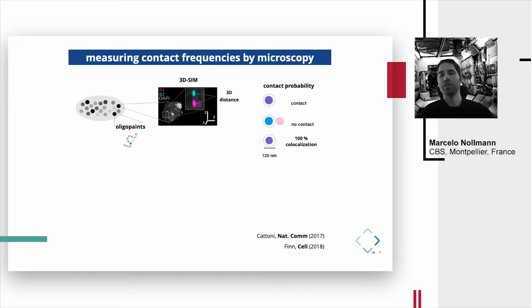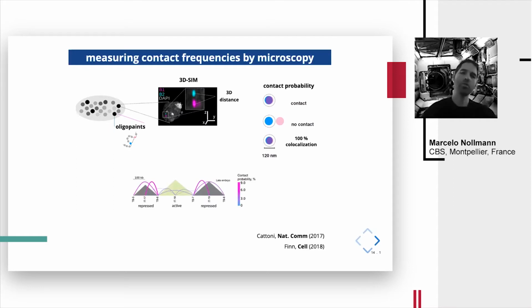And of course, the question is how to establish this distance. The way we've done it was to label the same locus twice in two different colors, right? There, the colocalization should be 100%. And so then we can tune the value so that in all of the cells that we observe, we get 100% colocalization. So this threshold, this diameter of this circle,